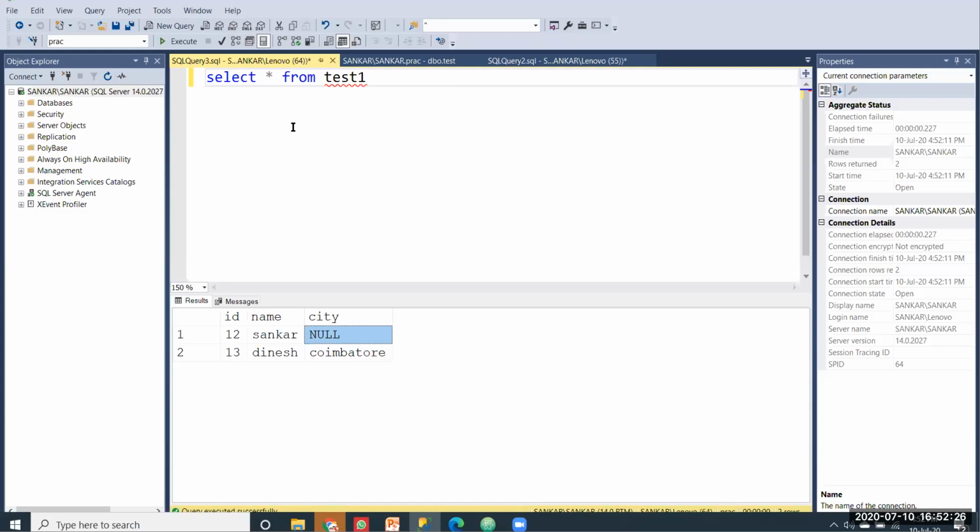So let's see the is null and is not null statements. Here you can give a where condition. After that you can pass city and just give is null. This query only prints the cells having a null value. I'm going to run this. Now you can see here Shankar has a null value, right? It prints only the null value.